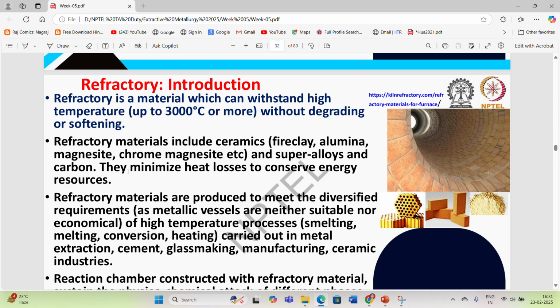So now, if we are talking about any furnace, it cannot be operated without the help of the